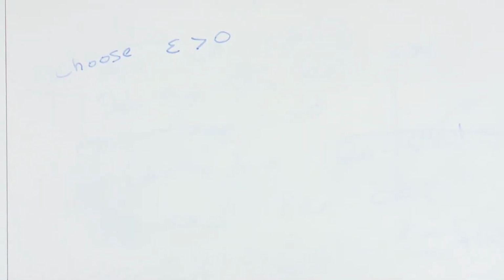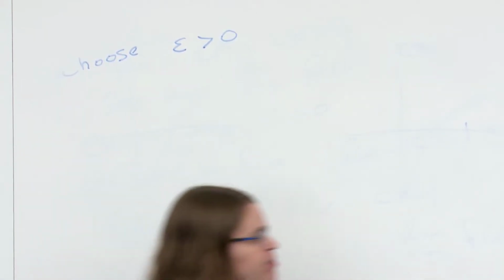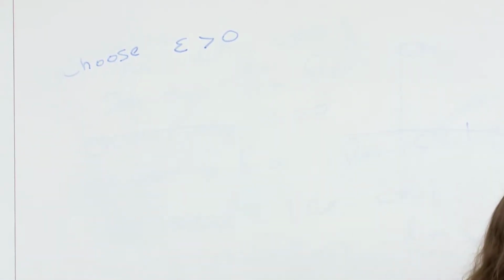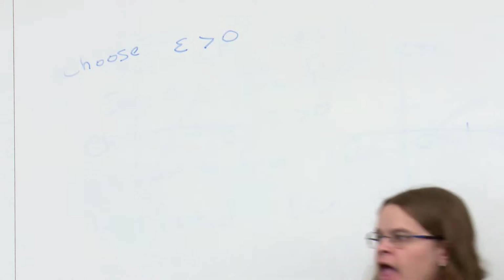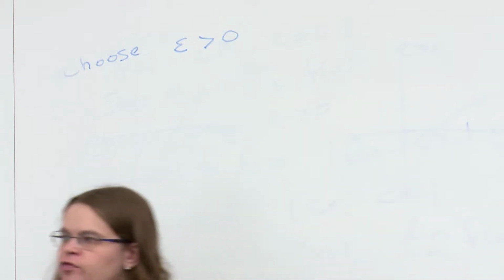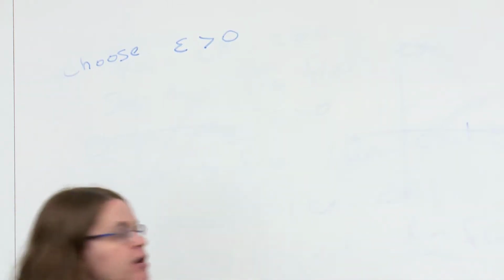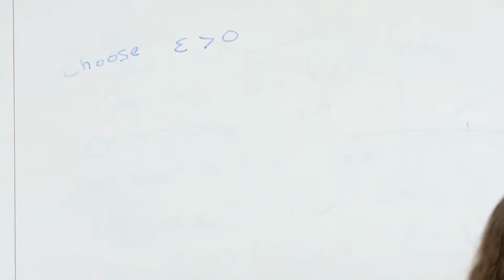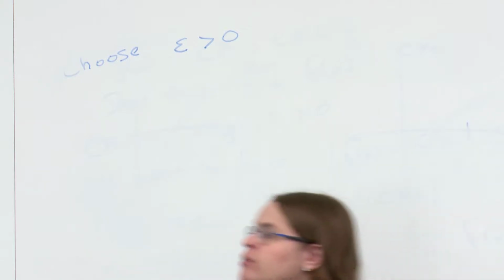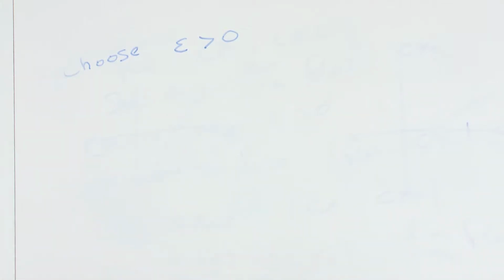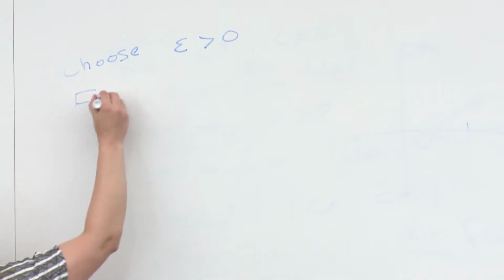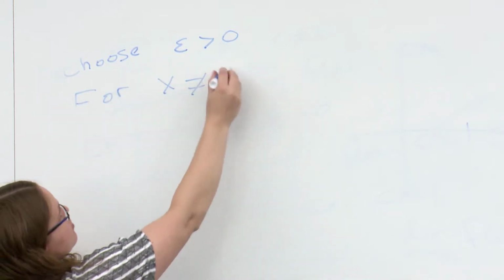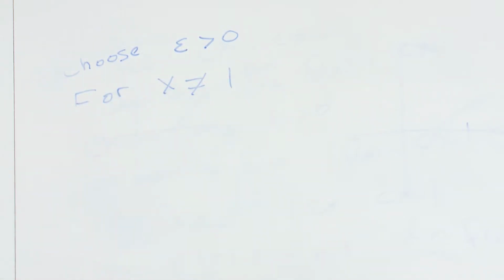OK, then line 2 is always to write down the absolute value of f of x minus L. And we want to do this for values of x that are close to 1 in some sense, but not equal to 1. Again, we do not care what f does exactly at the value 1. We just care what happens nearby. So what I'm going to say is, for x not equal to 1, because that's going to make it a lot easier to write down this function,